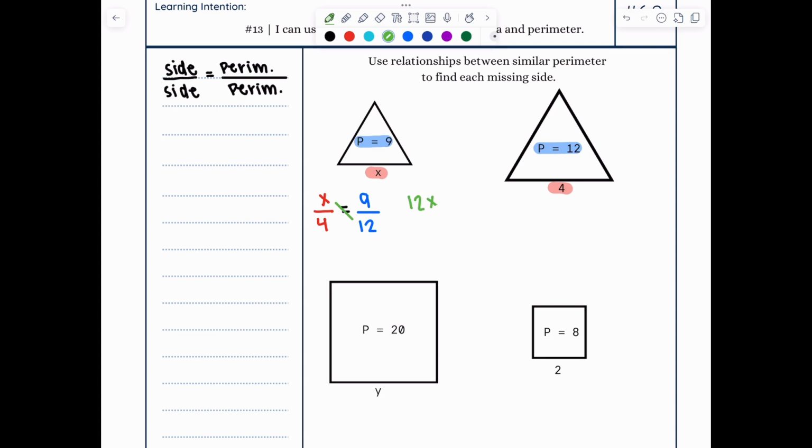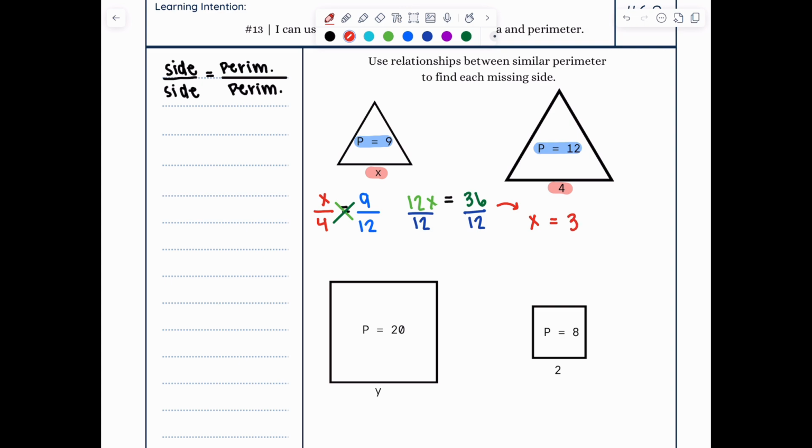12 times x is 12x, so numerator times denominator gives me 12 times x. The second numerator being multiplied by the denominator is going to be 9 times 4, and that gives me 36. After I multiply, I have to divide, so I do 36 divided by 12, and that gives me my x value, and 12x divided by 12 gets the x by itself. So let's make sure I match my color scheme here. Our x is red. 36 divided by 12 is going to give me 3,